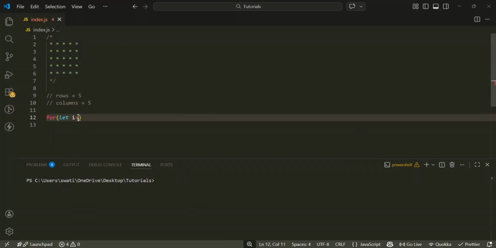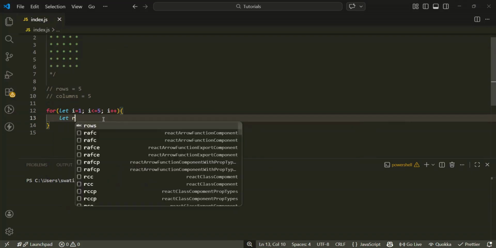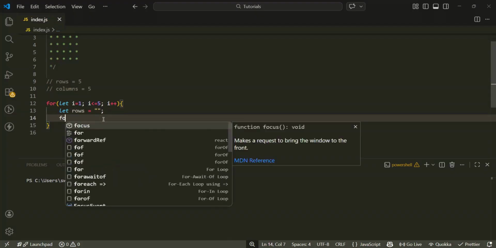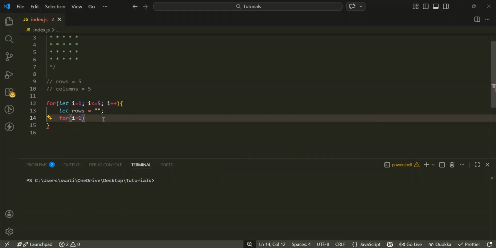So it starts from 1 and goes till 5, i++, and inside of this, first of all, we are going to define one variable called maybe rows equals an empty string, and the inner loop will also be a simple incrementing loop. It will also start from 1, will go till 5, and sorry, it will be j here,